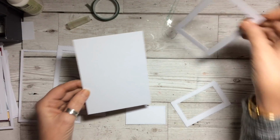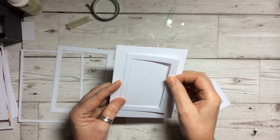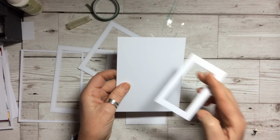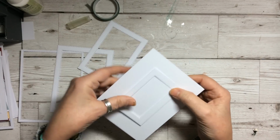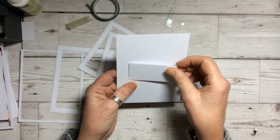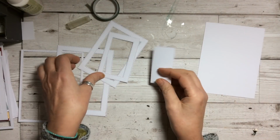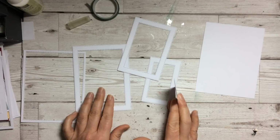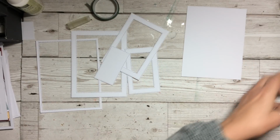You can then have a frame that comes just in on the center, and you can obviously use it portrait like this, or landscape like that, in any color of cardstock. Then we've got this size with this frame, which again would probably be quite nice as a landscape. And then we've got this little tiny piece here, which can go as a border, or as a panel, or as a sentiment in the center of the card, or whatever you want. So I think they are really, really good. Really pleased with that. And as I say, those are 5 different types of frames,